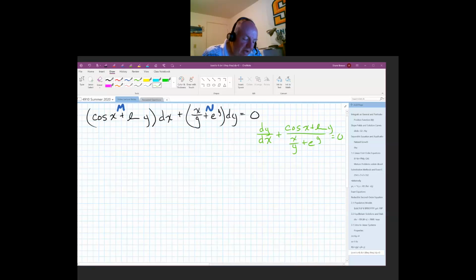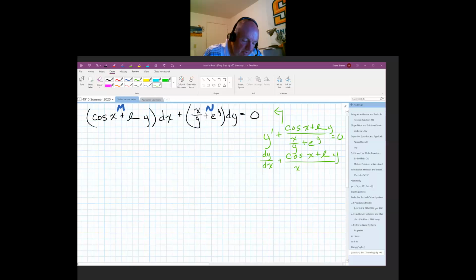But sometimes we get an equation like this and we can rewrite it like this, and then it fits the exact pattern that we want. It doesn't look at all like an exact equation, right? Especially if it comes to us packaged like that. We're like, what in the world's going to happen there? But if we remember that we can take this dy dx and split it up,